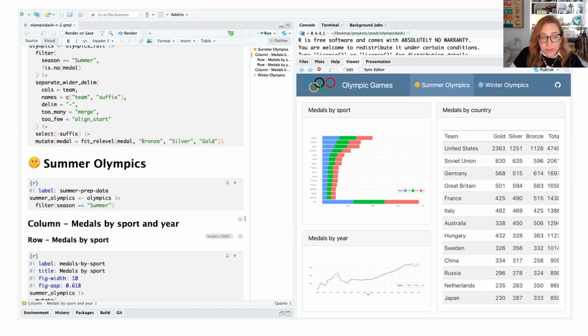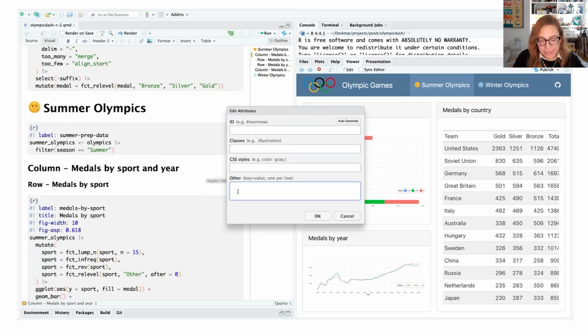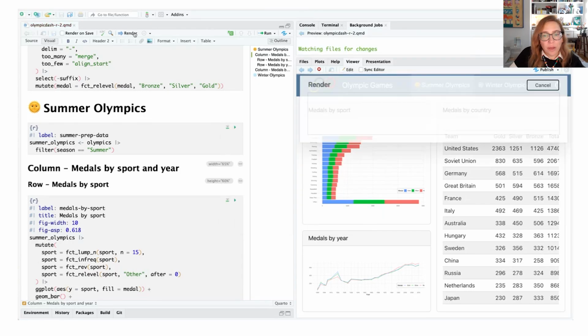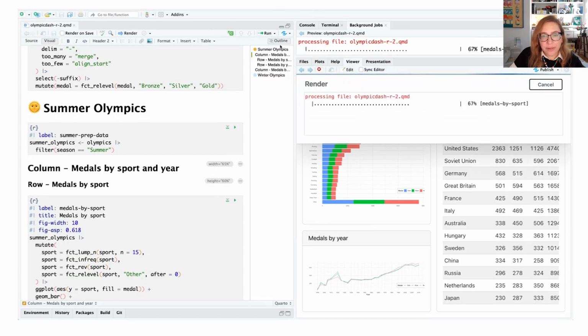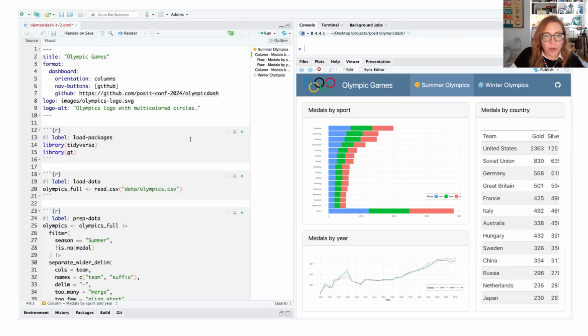I can do that using the visual editor. So I could go here and say something like width equals 65%. Let's go ahead and render that to see what that looks like. And that made the other one much narrower, but we can explicitly define that as well. Let's see how this is reflected on the source code side.